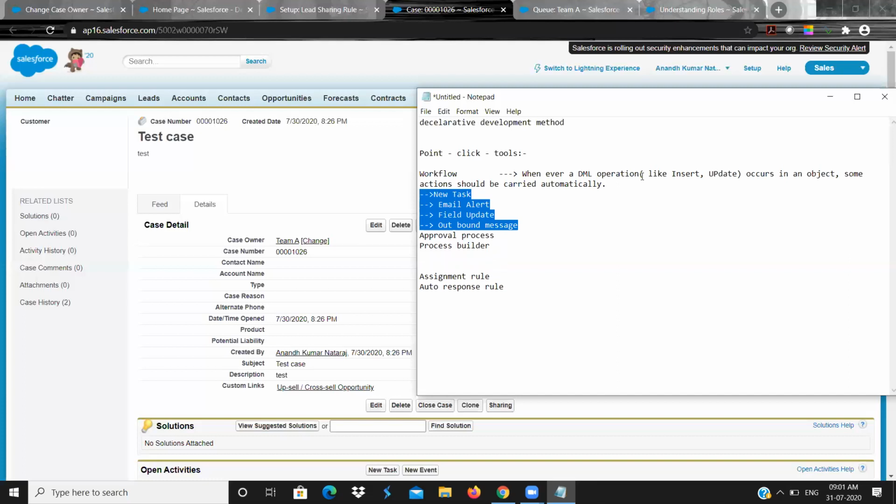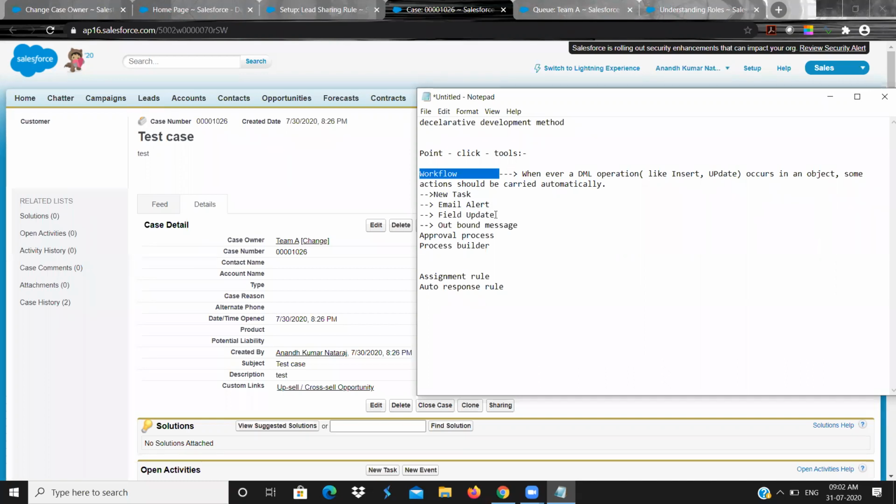Whenever there is an insert or an update in an object, and that object can be any object, and you want to achieve some actions, in that case you can create a workflow rule in that object.